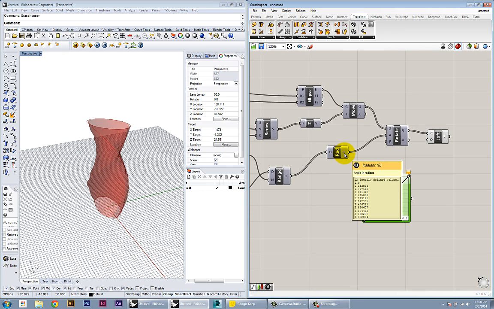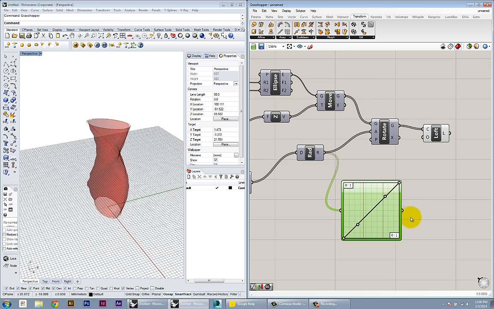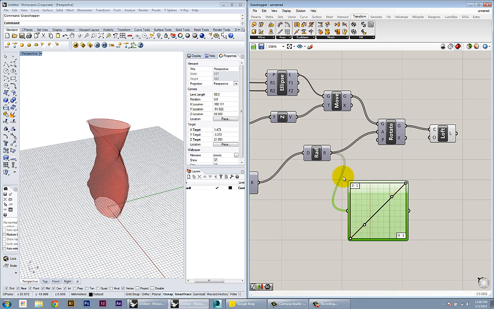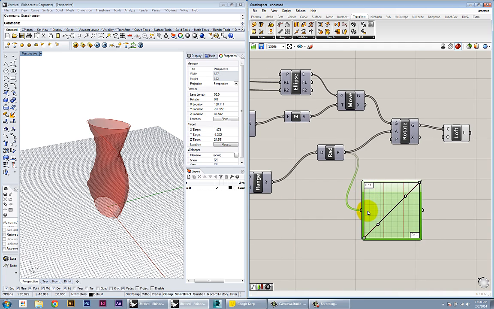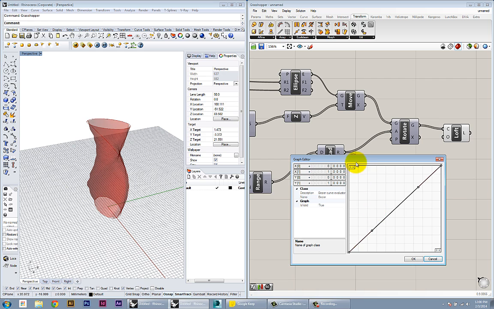So here I have my list of twisting values basically. It goes from 0 to about 4 radians. So I plug them in here. You can see that on my input I have going from 0 to 1 and then the same numbers here. And the reason they get cut off at 1 is because I'm specifying that my range is going from only 0 to 1. So the first thing I'm going to do is double click on this